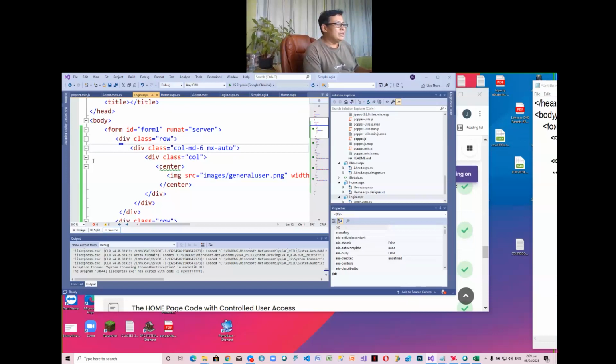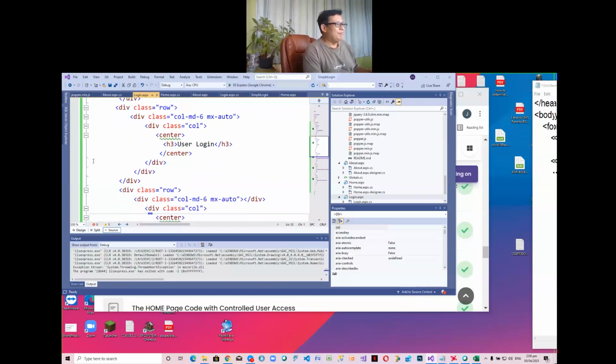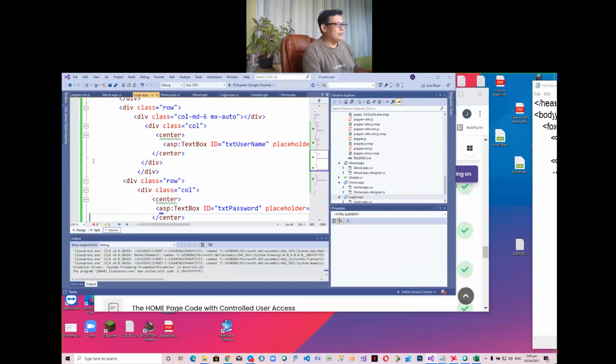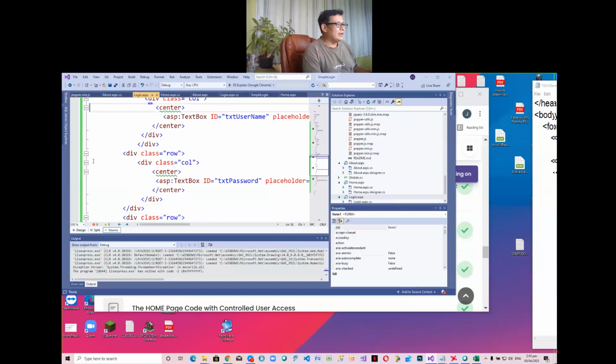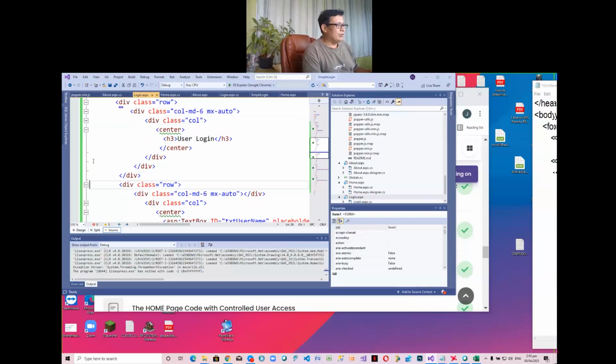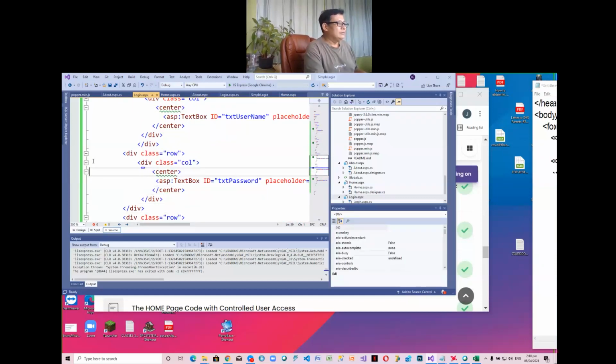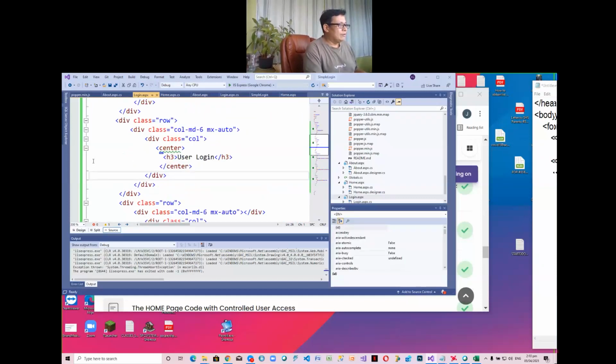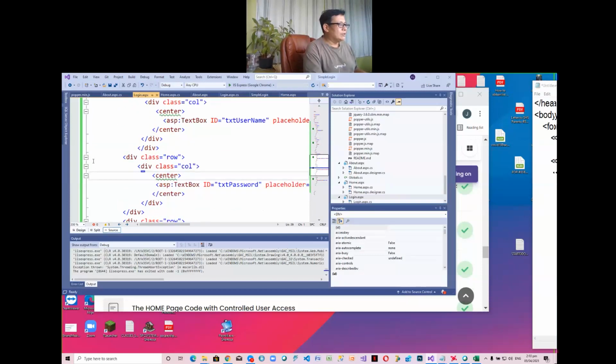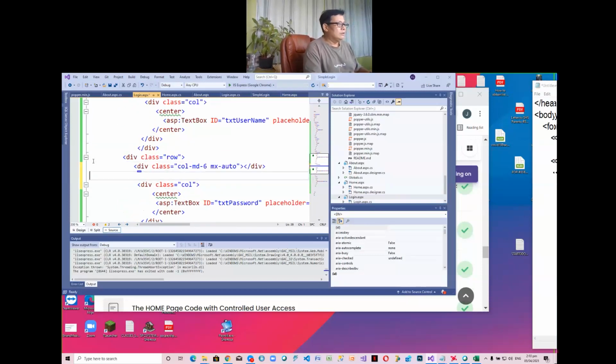No? Using this. Div class MD6 MX Auto. We can align them. Okay? The password, we haven't put MX Auto. We can just put it there also. So that it's aligned too. Okay? Okay, where did we put that? Before the div class col. Then we'll put it here. We'll remove this